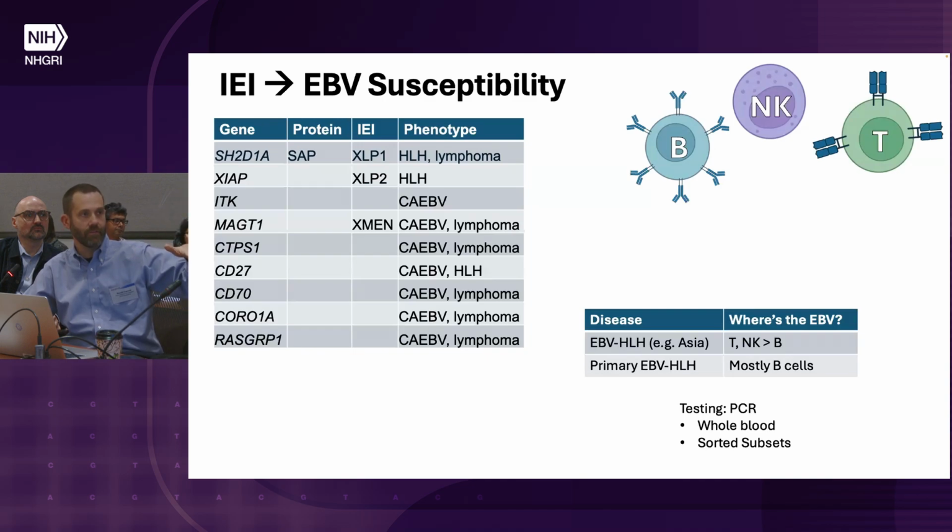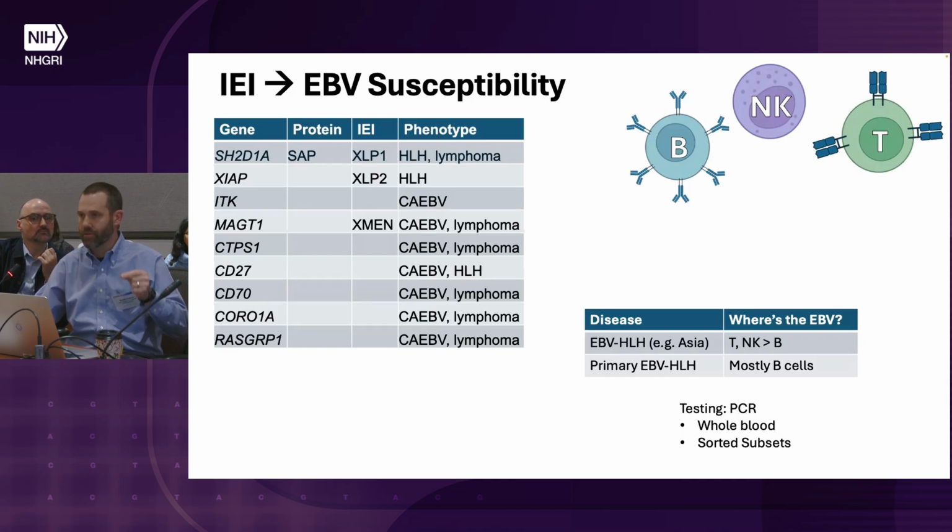That's the list of EBV susceptibility genes. Some of them have their own sort of names of the syndromes. And testing for EBV is both serologic and through sort of targeted PCR. The one reason I bring it up here is that a number of institutions, including our own, actually do a little bit of a specialized test where we will sort peripheral blood cells into T cells, B cells, and NK cells, and do a qPCR from those, because these inborn errors of immunity, when they have severe EBV disease, it's